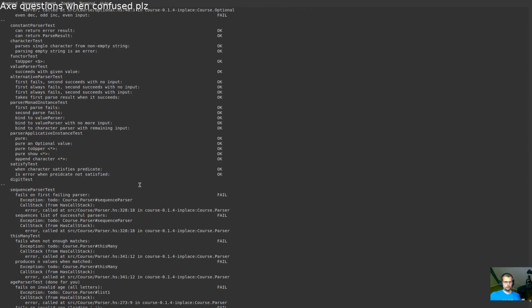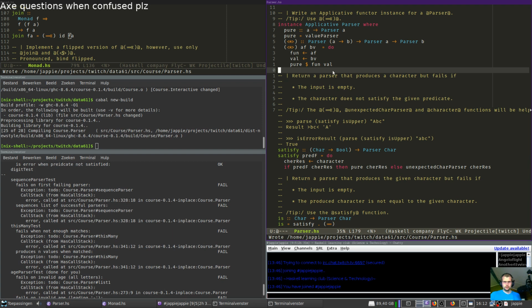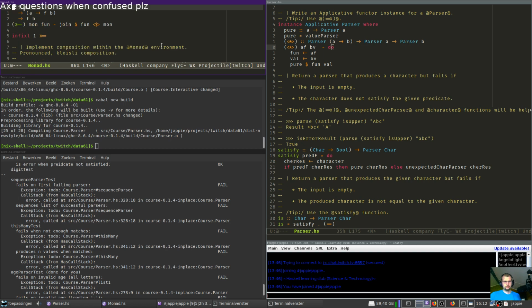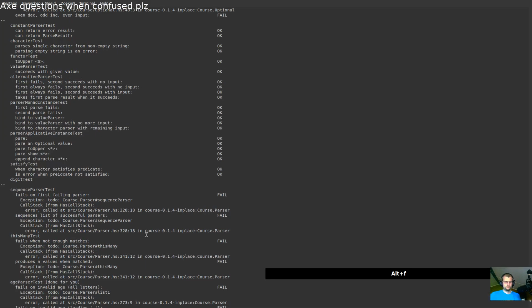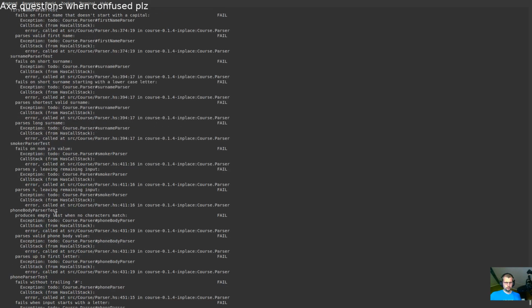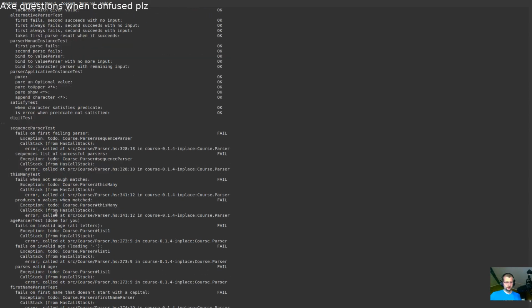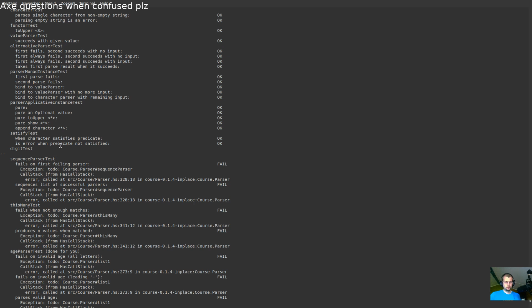Oh, and applicative is also working now. So we made applicative work by just using the monad stuff. Sequence parser test. Oh, there's a lot of stuff in here. Oh, wait.